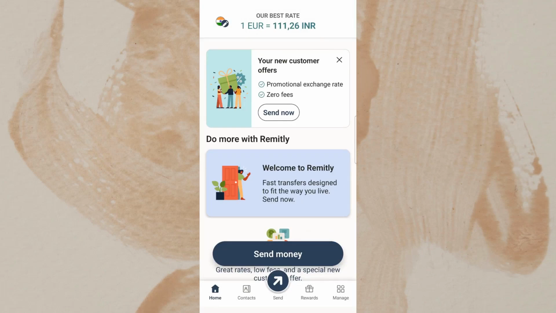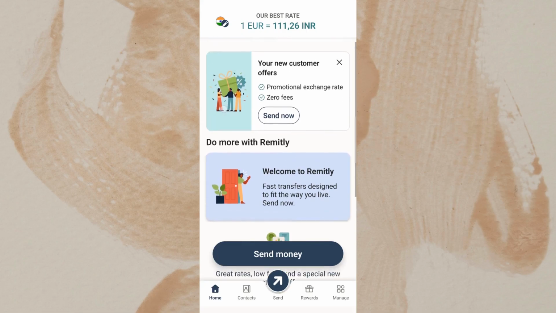In today's video, I'm going to teach you how to send money from Remitly to the USA. To get started, open your Remitly account and make sure you're signed in properly. Before sending anything, take a moment to check that you're using the correct account and that your app or browser is fully loaded. This helps avoid mistakes later in the process.